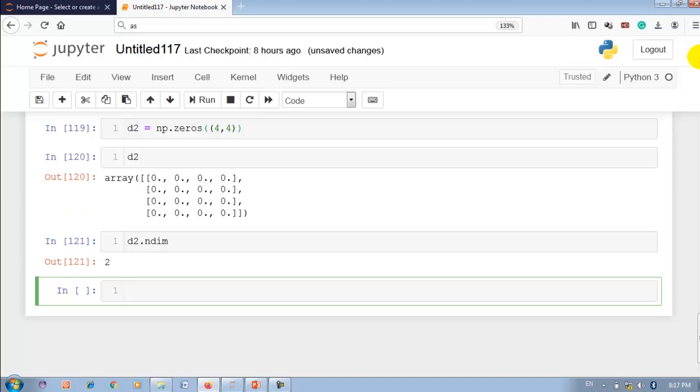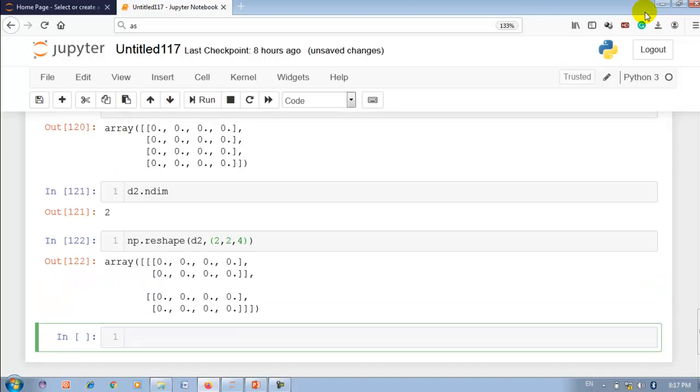Right? Now let me convert it into 3D. For that we have to write np.reshape, then pass D2 to it. Then again let me convert into 2, 2, 4.